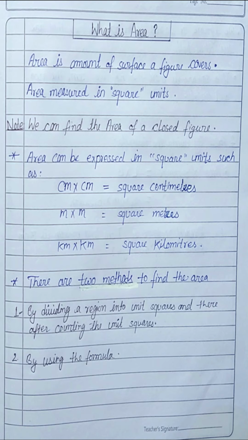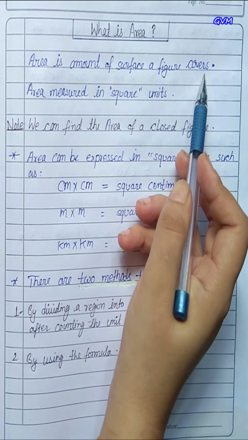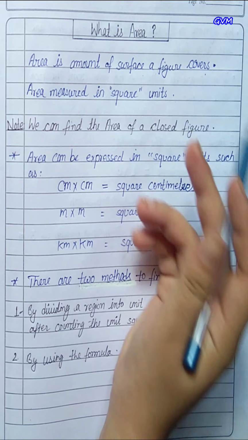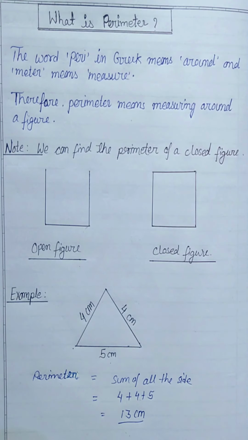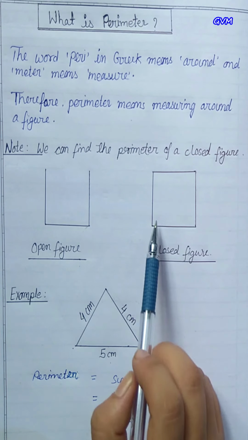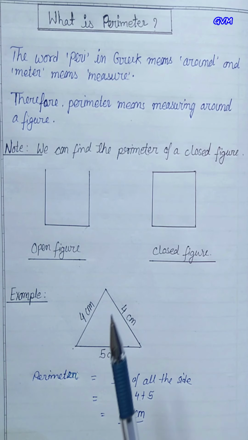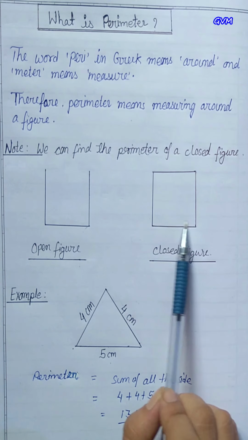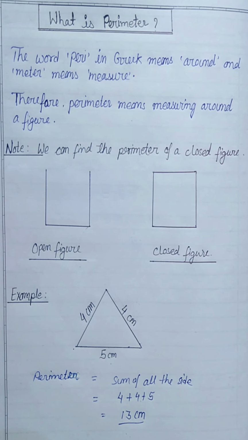Okay. Now, what is area? Area is the amount of surface a figure covers. Okay. So area क्या होता है? Area होता है amount of surface कोई figure जितना surface cover करता है. Like if we have this figure and this figure is covering some surface on this notebook. Okay. That means the area will be the amount of surface this is covering. Okay. So area is measured in square units. Area को हम square units में measure करते हैं, like centimeter square, meter square.